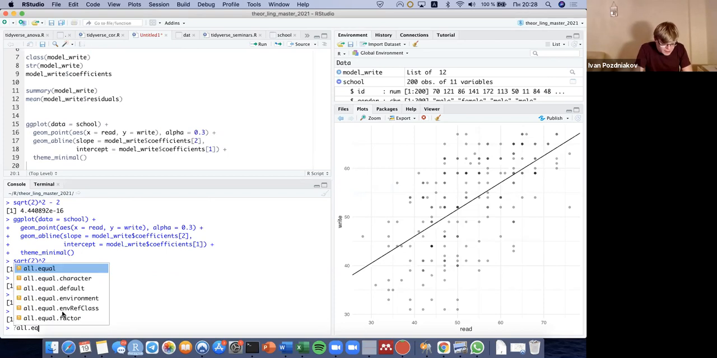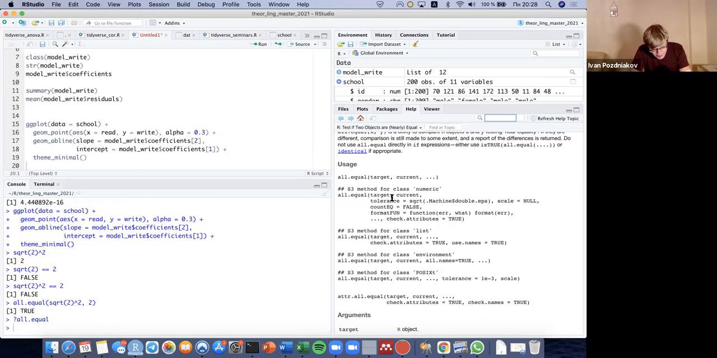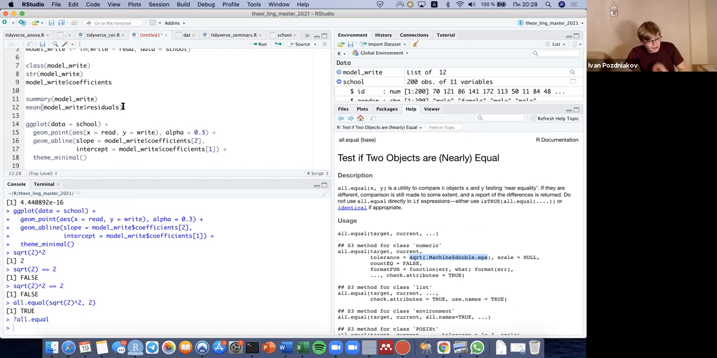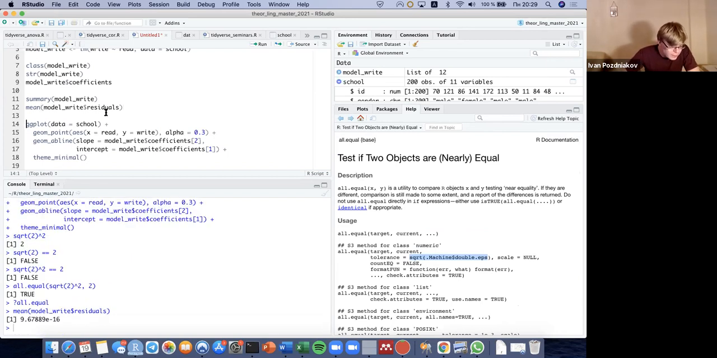How it actually works, it checks that the difference between two numbers is less than some tolerance value that is calculated based on this machine precision. So yeah, it's important to understand that, but for understanding linear regressions, the only thing you need to understand is that this is basically a zero. Okay, so let's return to